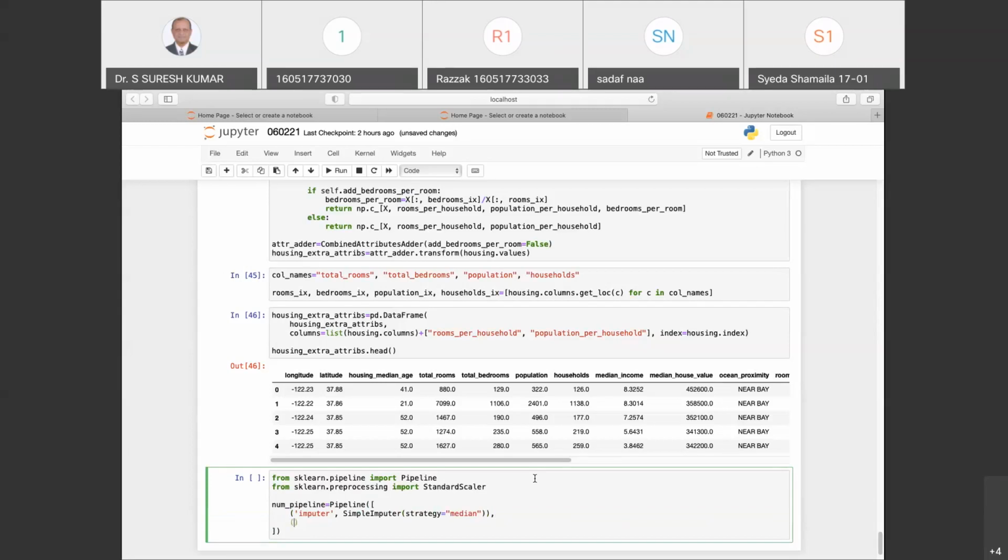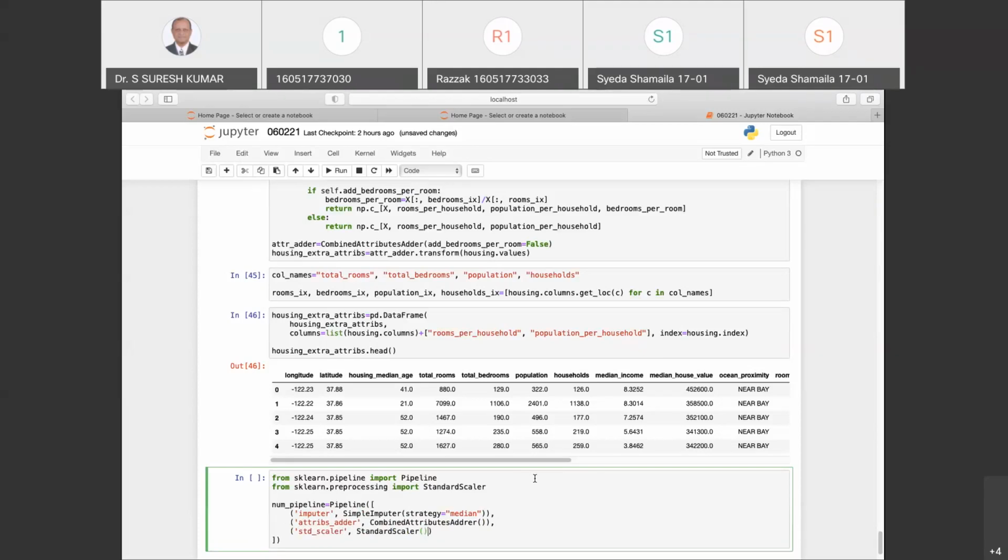The second is my attributes adder, which is the CombinedAttributesAdder. And apart from this, I also need to take my StandardScaler. This is my StandardScaler.